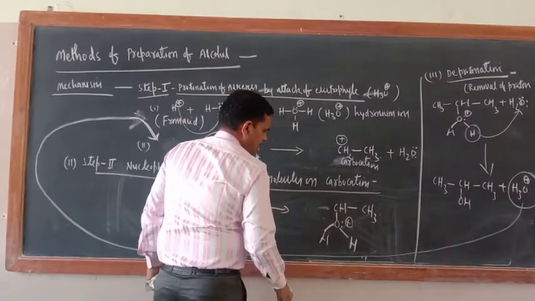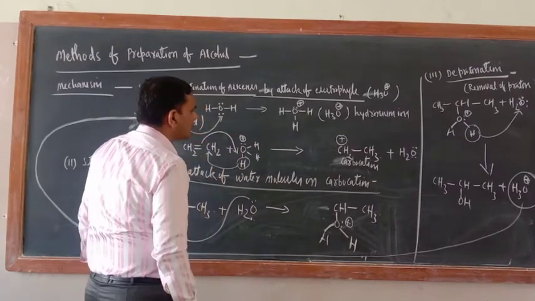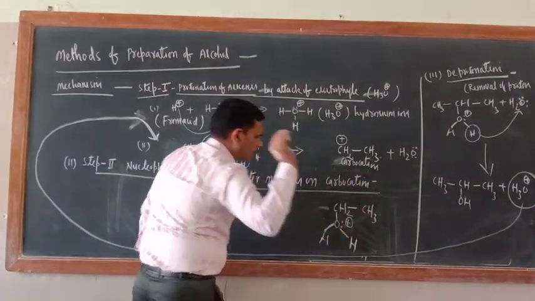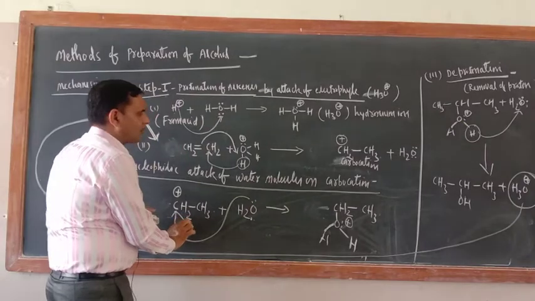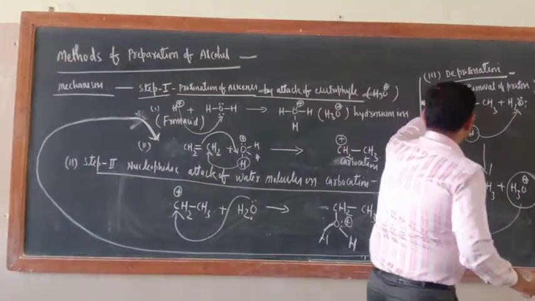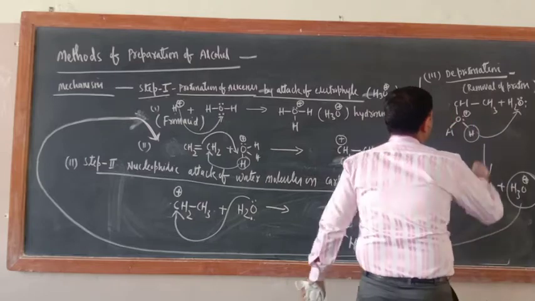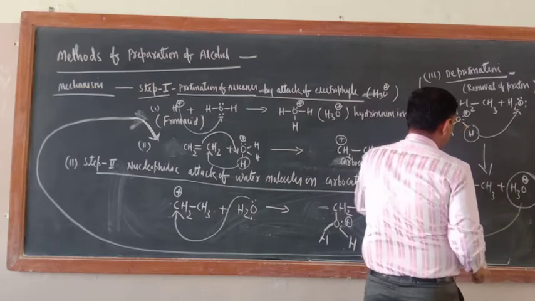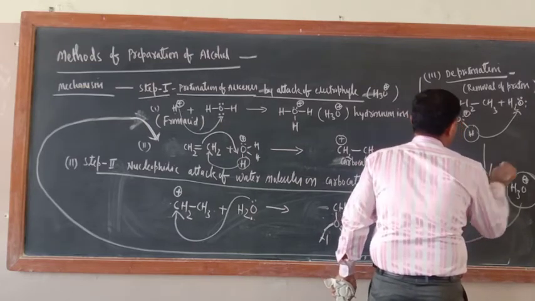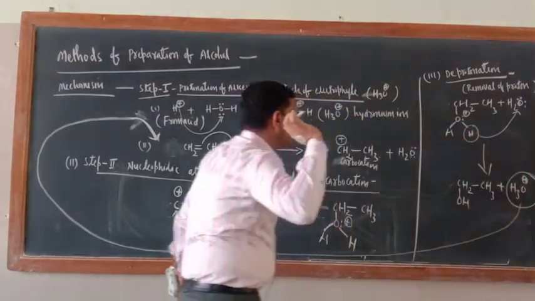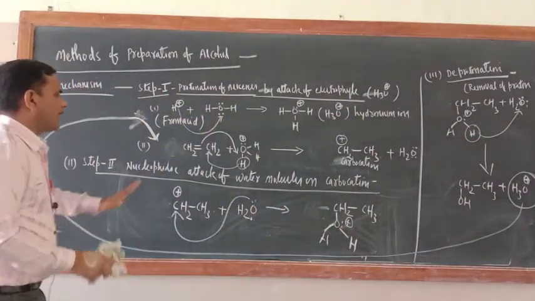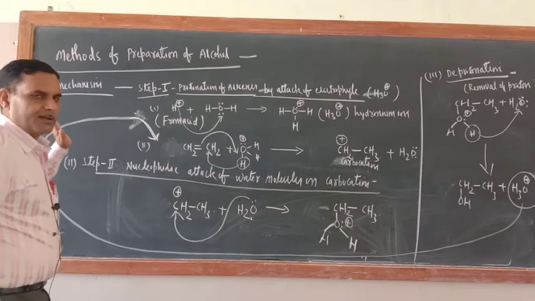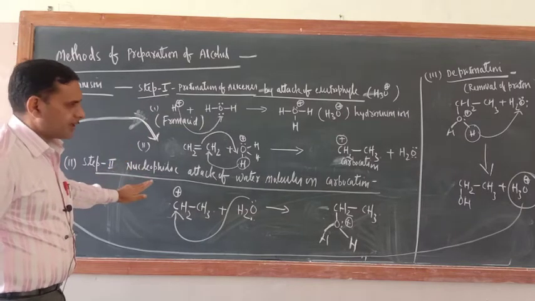Make this one CH2. This is also CH2, as per the NCERT book. Now remove this one, CH3. Now this is CH2, CH3. Remove this one also, so CH3, CH3, CH2, OH. Everything is okay. With 2 carbon atoms, the method is the same. You can check it with the 2 carbon atoms.